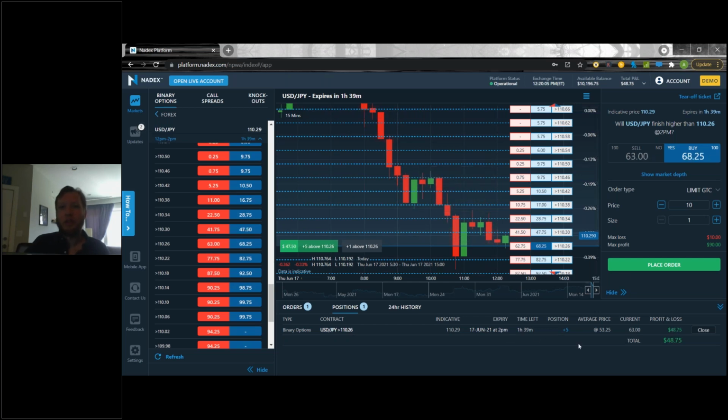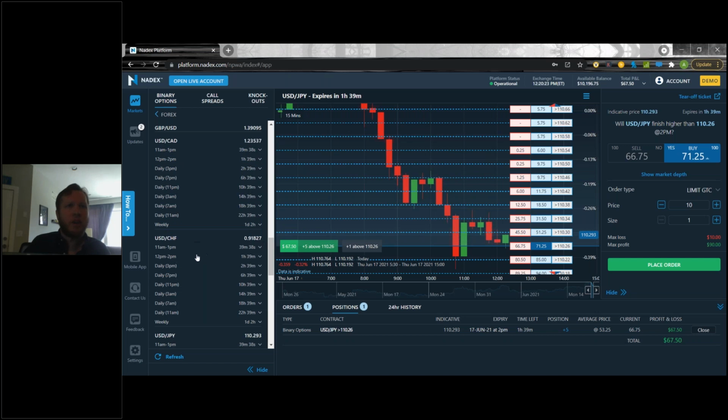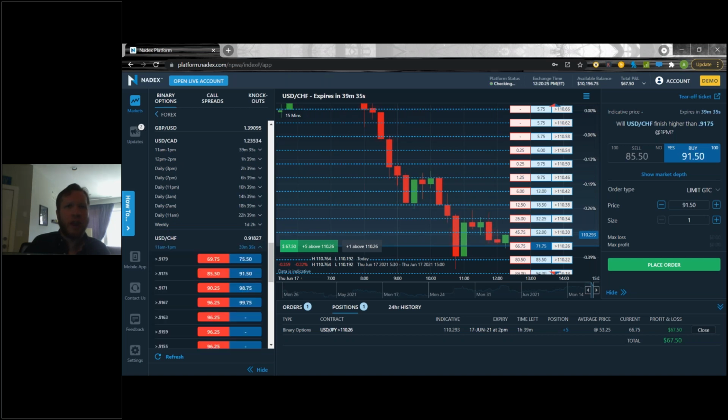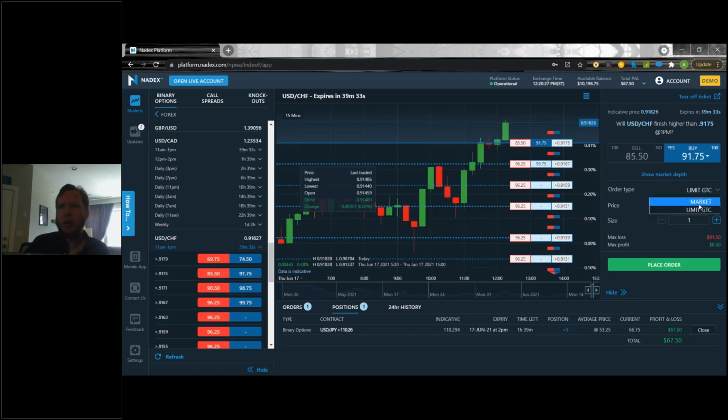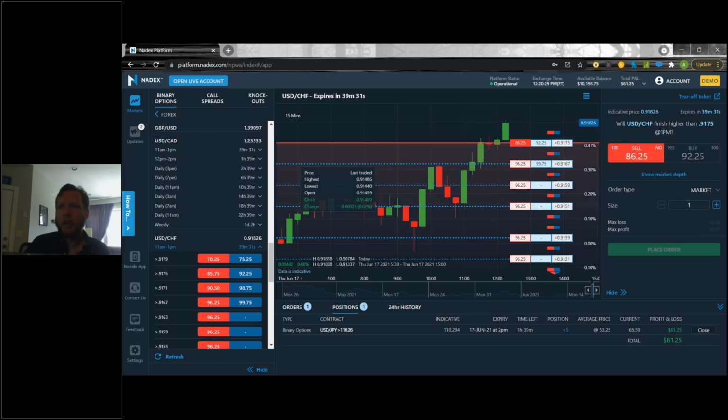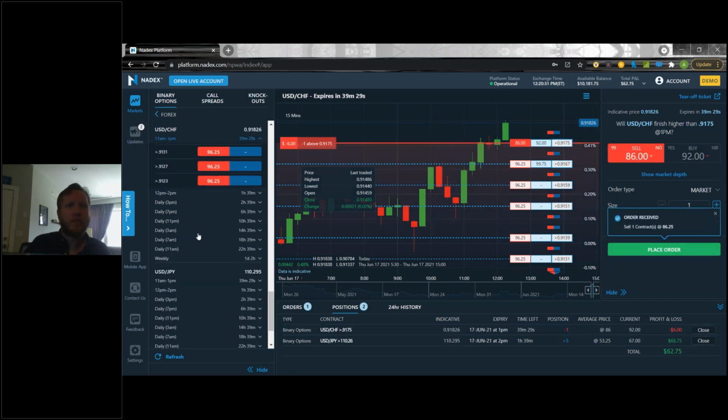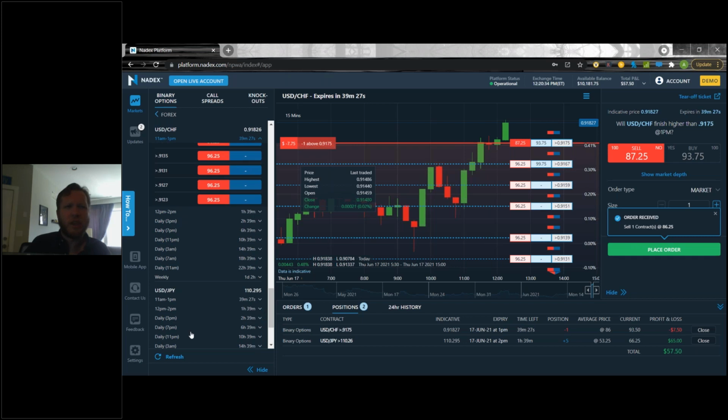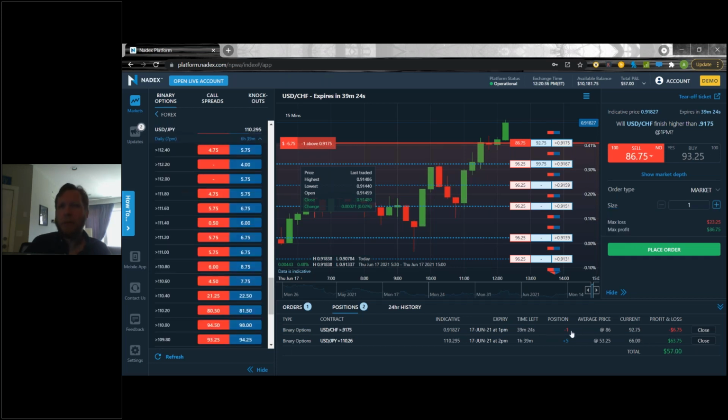So expiration, time left. We have my position. My position is going to be the number of contracts that I currently have. You can see this is blue and it has a +5. That's going to mean I have 5 contracts on the buy side of the contract. If I had a sell side position, we can get into one of those. We'll go to the Swiss franc here, and quickly I'll show you a sell side position. You can see there that when I pulled up that sell side position, it actually has a -1 there, right?